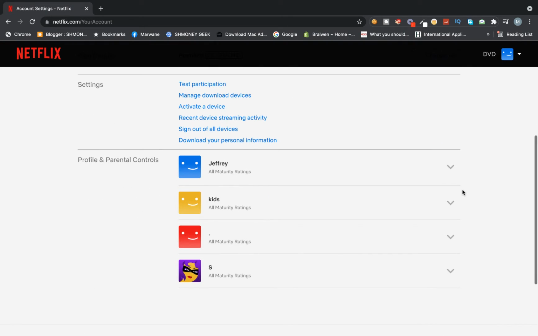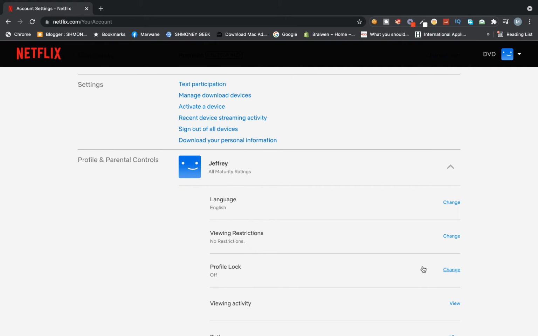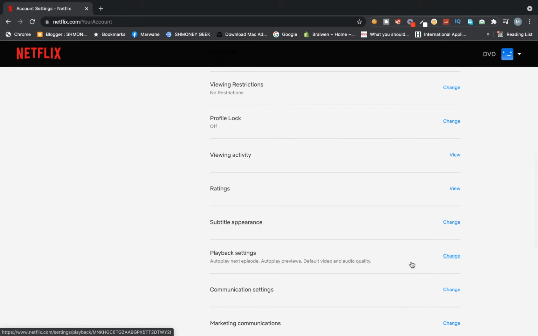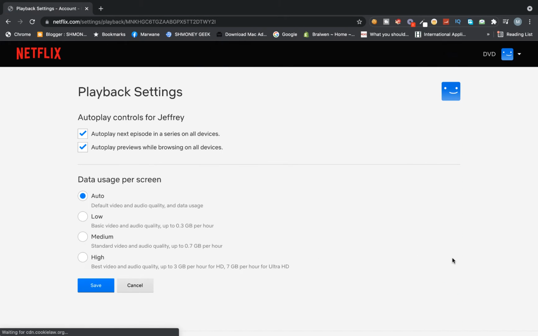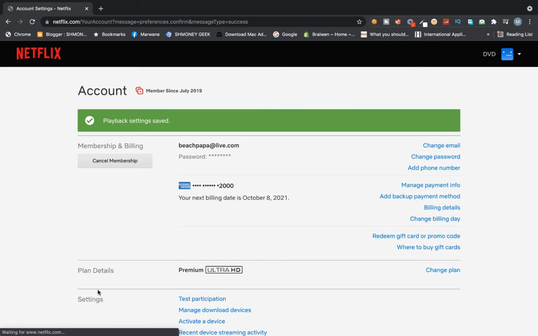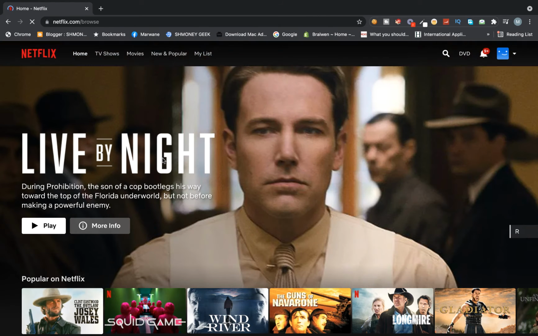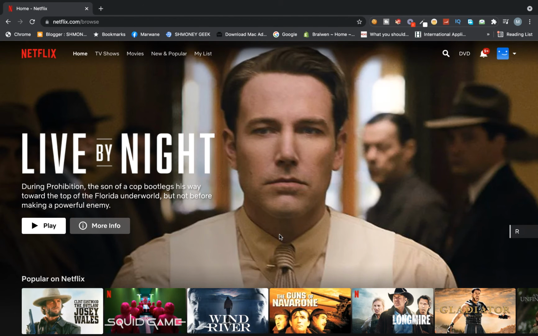and then scroll down to your account and search for playback settings and click change. Now, disable autoplay previews while browsing on all devices like that and click save. Now, if I go back to the Netflix homepage, as you see, guys,